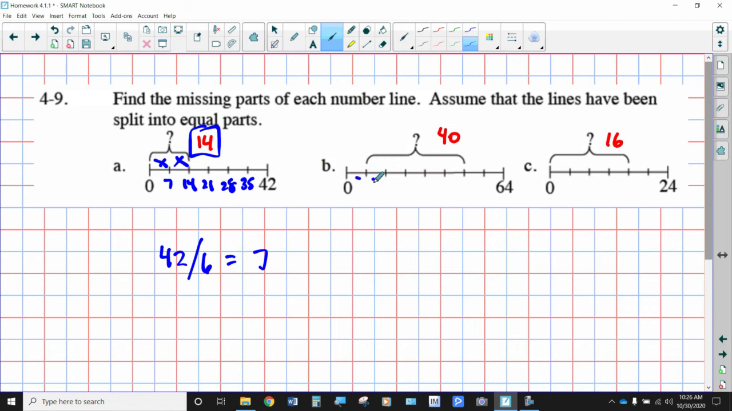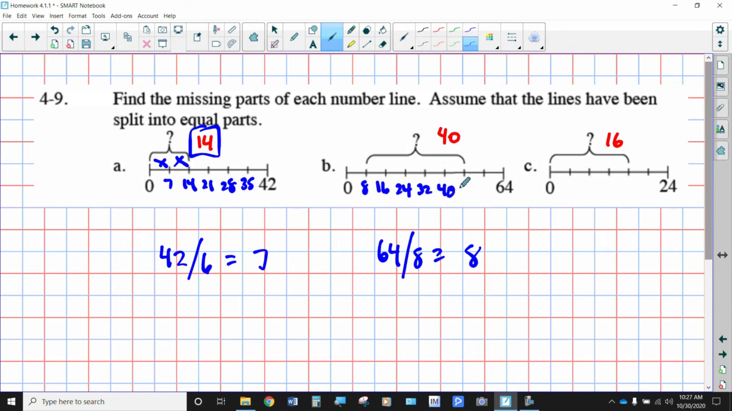This has 1, 2, 3, 4, 5, 6, 7, 8 equal sections. So 64 broken up into 8 equal parts means that each one of those parts is equal to 8. So this is 8, this is 8, this is 8, this is 8, this is 8, and so on and so forth. The most common wrong answer here is when students do this: 8, 16, 24,